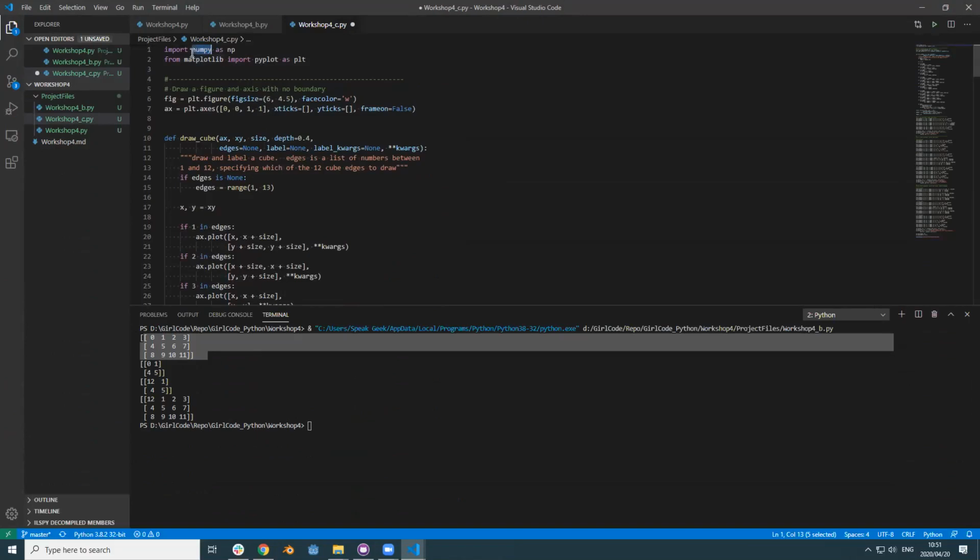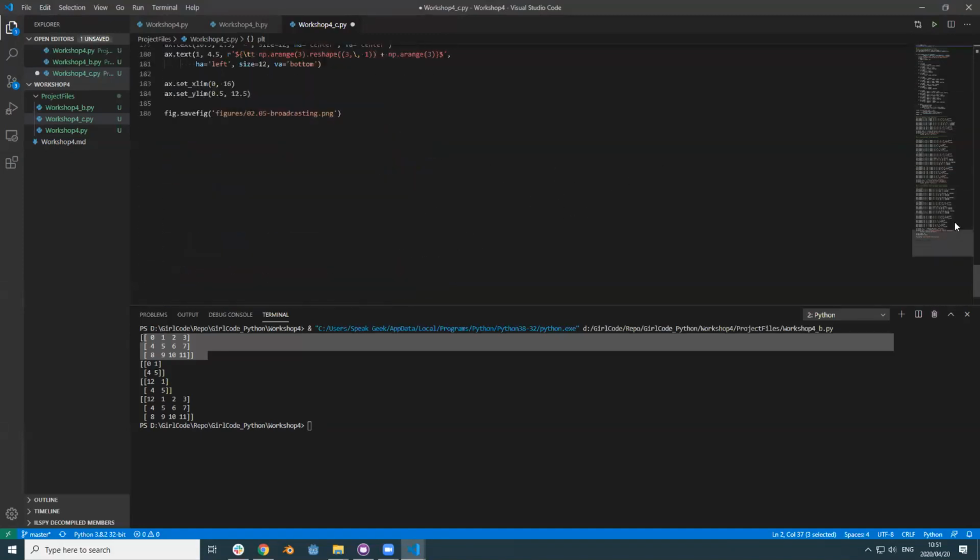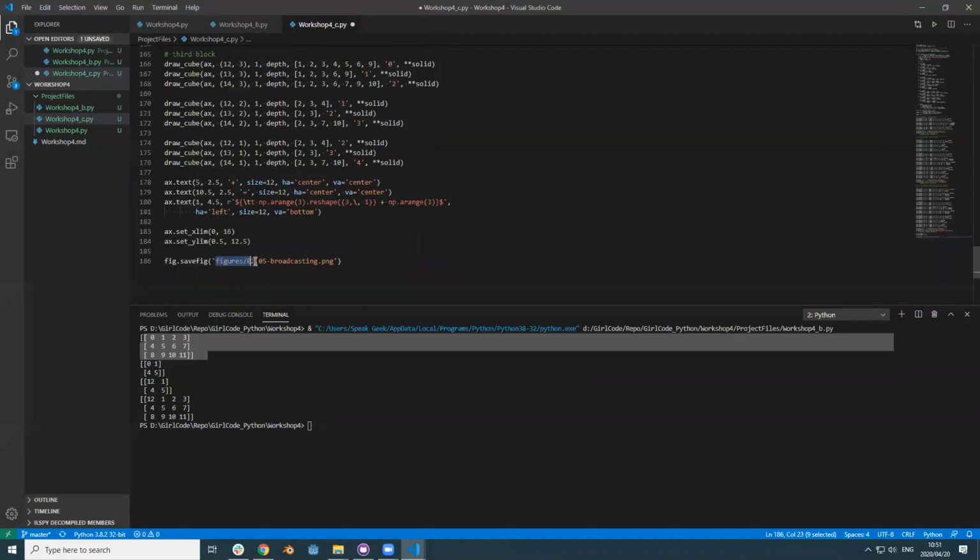And as you can see here at the top, it's using Numpy and matplotlib as polyplot, and you just call it PLT. Same as we did in workshop 3, we're using exactly the same things. And then if we go to the bottom, we just have to quickly rename what it saves it to. So we're just going to move everything so it says fig, let's save fig, broadcasting.png. Save that file. Oh, that's fine. I'm just running through it to show you what it's going to do, and then you can do it. And then once yours work, I will continue from there. So then if I run this,